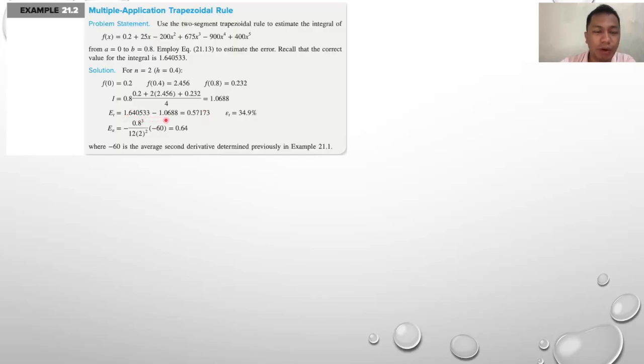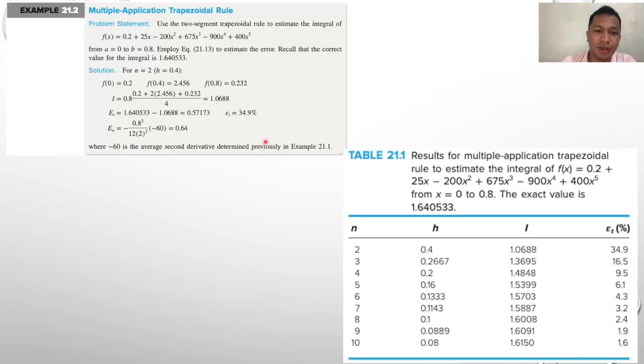That comes from subtracting 1.640533 minus 1.0688. This will give us 34.9%, and our Ea is equal to 0.64, where negative 60 is the average second derivative determined by our previous example. So the result for the multi-application trapezoidal rule to estimate the integral of the given function, where x is equal to 0 to 0.8 and the exact value is